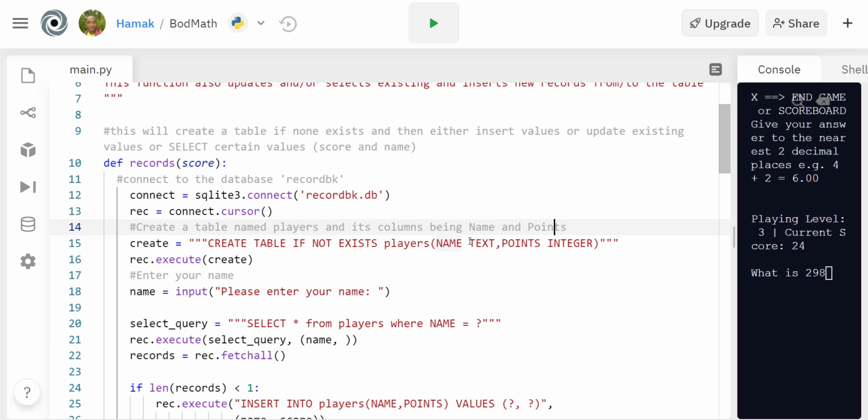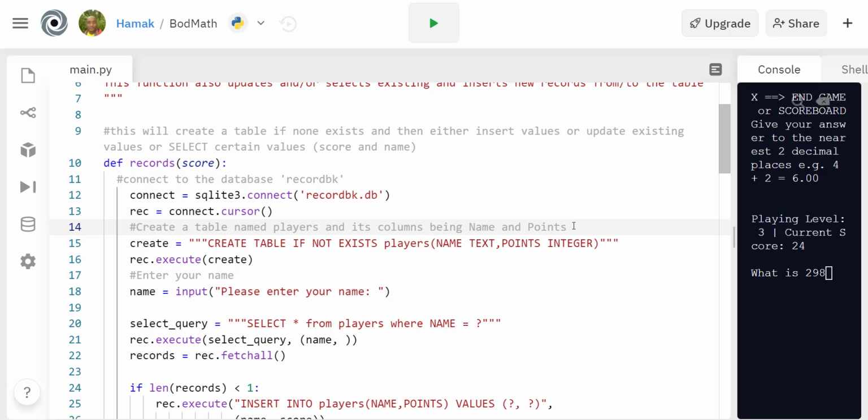Name is in the format of text, and points is in the format of an integer. Now you don't necessarily have to write these, okay, but just specify them, so they help when you're trying to extract data or play with it a little bit,